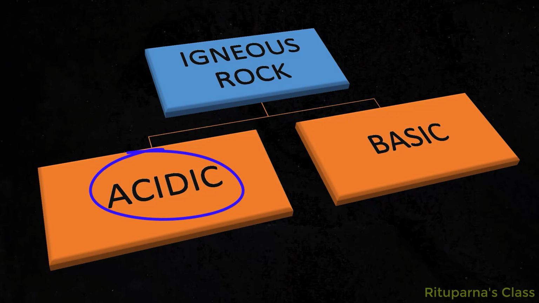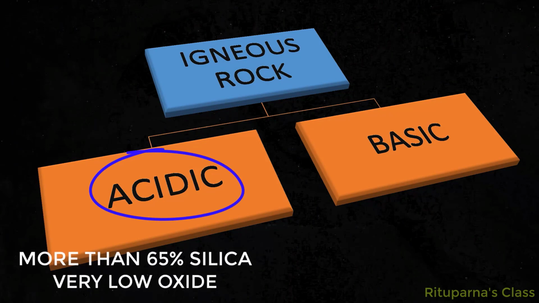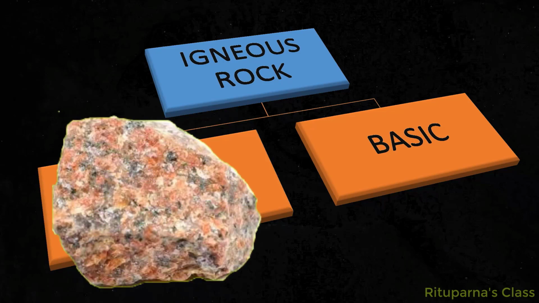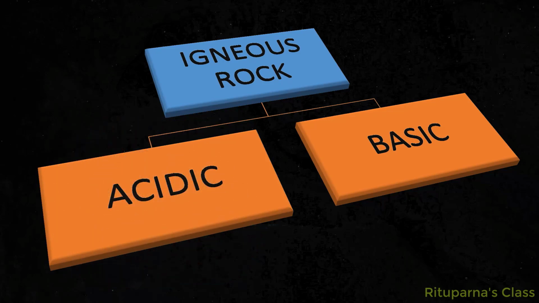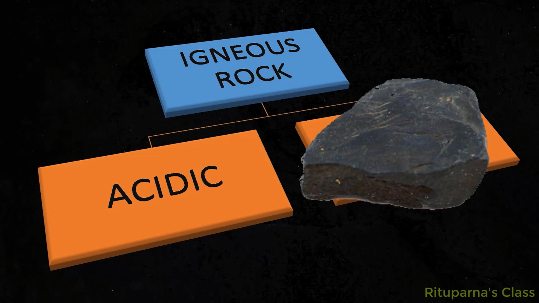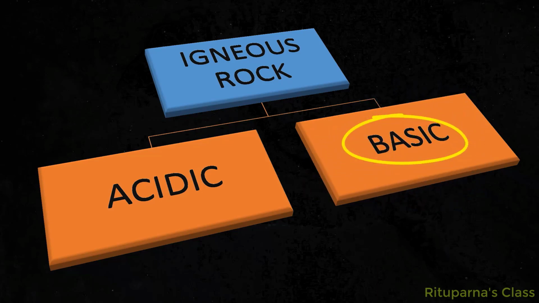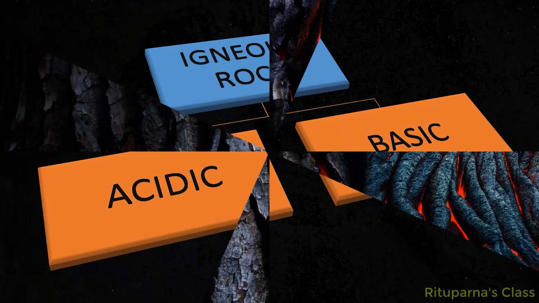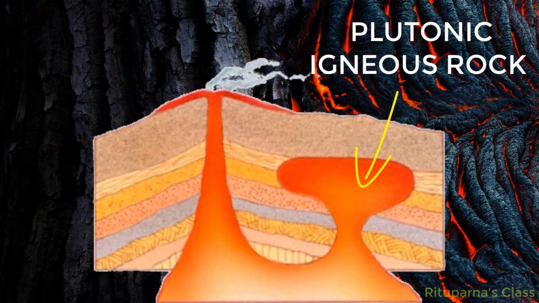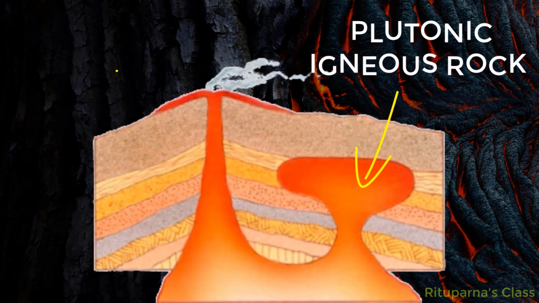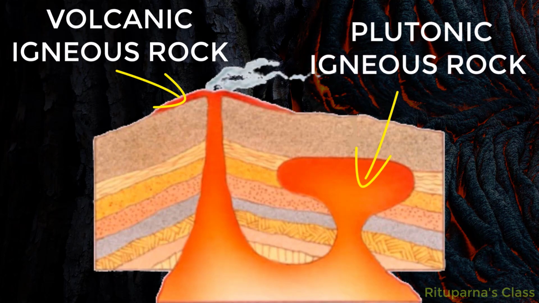Igneous rocks may also be classified as acidic or basic depending on their composition. Acidic rocks contain more than 65% silica and very low percentage of oxides. They are less dense, light colored. Example, granite. So we can say intrusive igneous rocks are generally acidic in nature. Again, an example of basic igneous rock is basalt. It is dense and dark colored. Here you will observe low percentage of silica and high percentage of oxides. So we can say generally extrusive igneous rocks are basic in nature. Intrusive igneous rocks are also known as plutonic igneous rocks because they form at some depth in the earth's crust, whereas the extrusive igneous rocks are also known as volcanic igneous rocks. Alright,